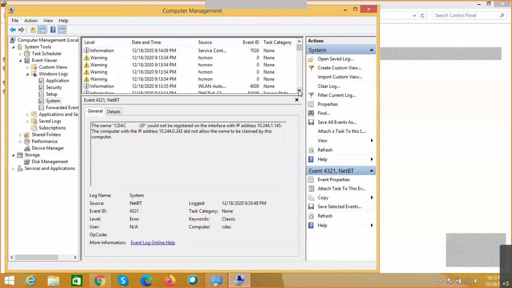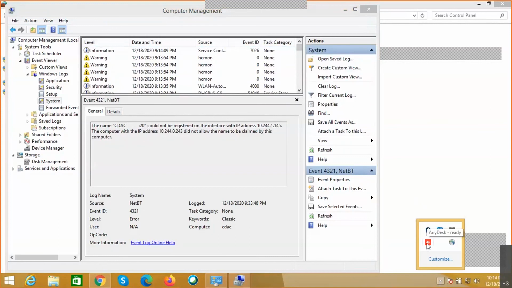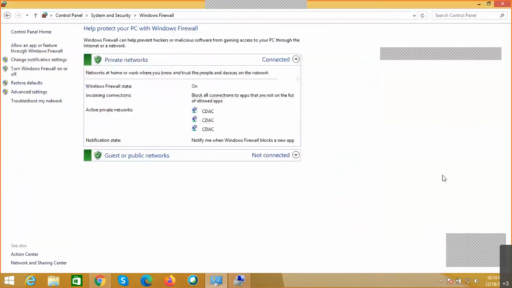And we can also define the rules in the desktop firewall, as we have seen. Go to Control Panel, where we have a section called System and Security, and we can go to the firewall. Along with this, nowadays most antivirus software also comes with an option for firewall behavior.